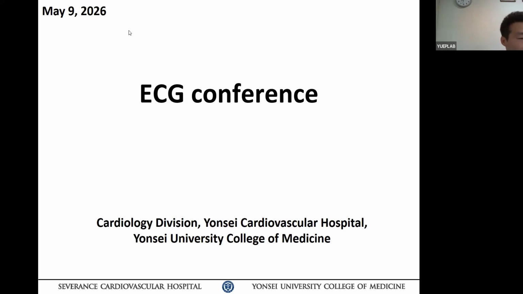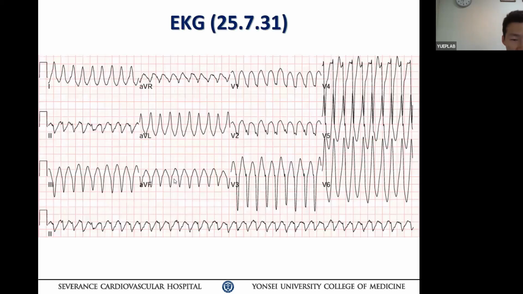Today's ECG is this one. Let's take a look and let's start with direction. So I think a lot of tachycardia, heartbeat around